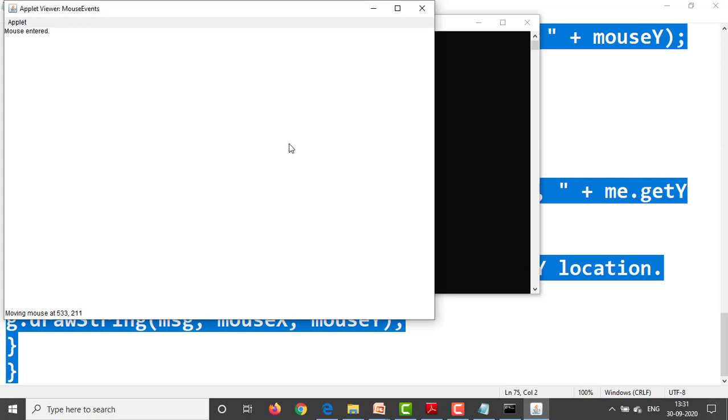Okay, and next is showStatus: on the status bar, moving mouse at location. Here location pointers are shown at the status bar as the mouse is moving. Okay, next, when I am clicking the mouse button, pressing the mouse button, then it shows the down message.